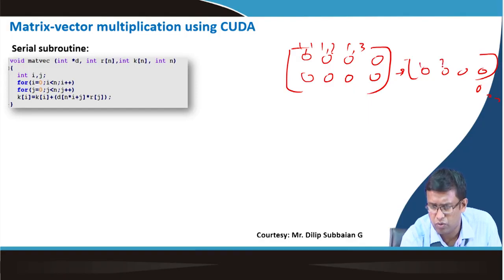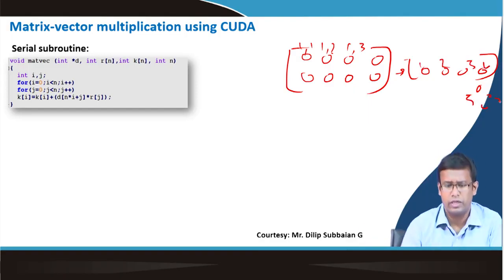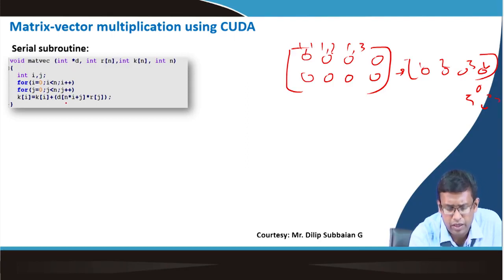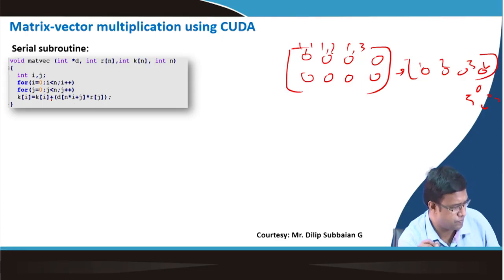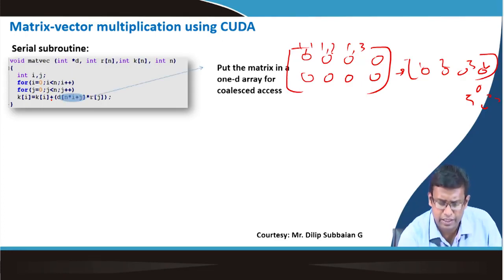So 1, 2, 3, 4, 5, 6, and so on. The entire matrix is coalesced into a 1D array, and that's why the element at row i and column j is written as n into i plus j. There are i rows and j columns there, and that is multiplied with the jth element of the vector. So the matrix is put into a 1D array